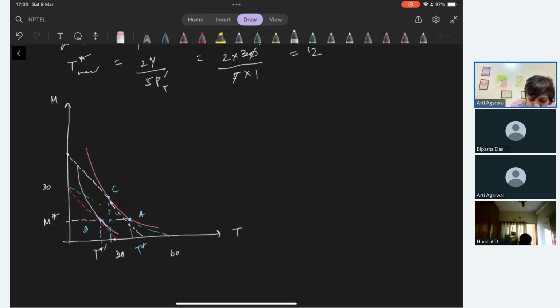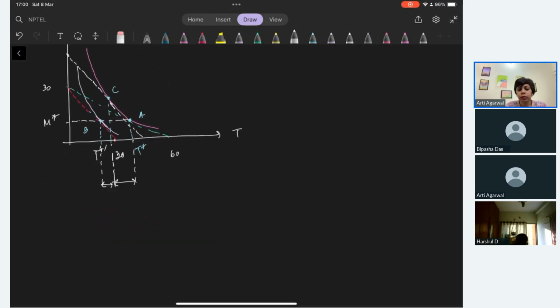These are the two effects which you are being asked: the income effect and the substitution effect. Okay, so this is a substitution effect and this is your income effect. Now, out of these,